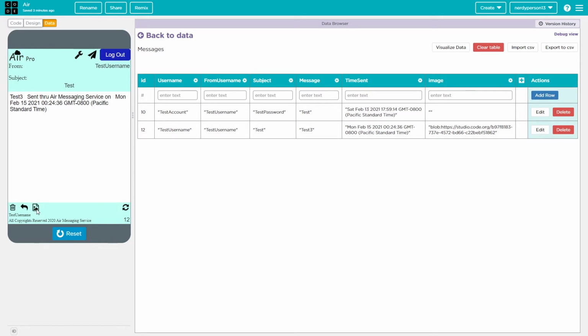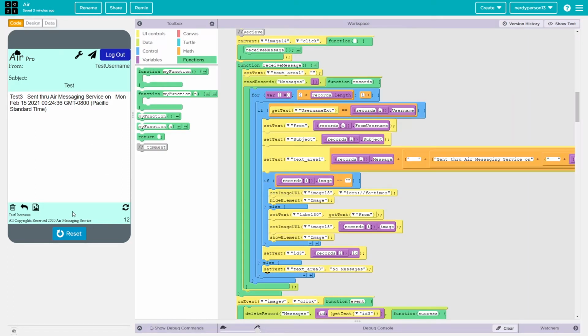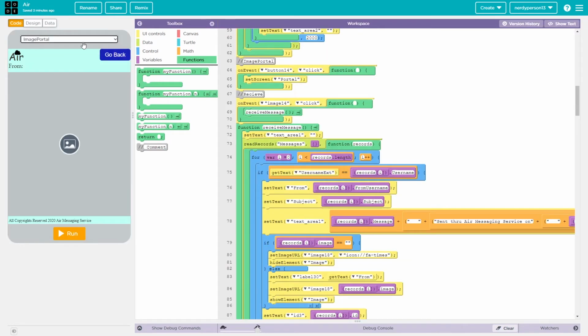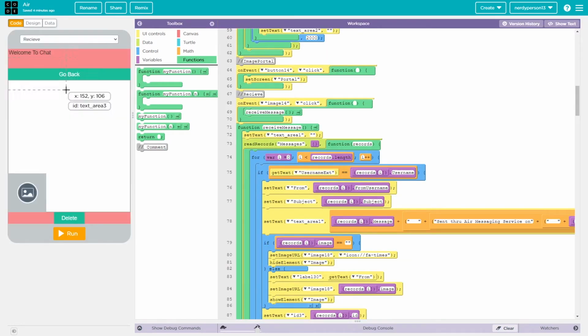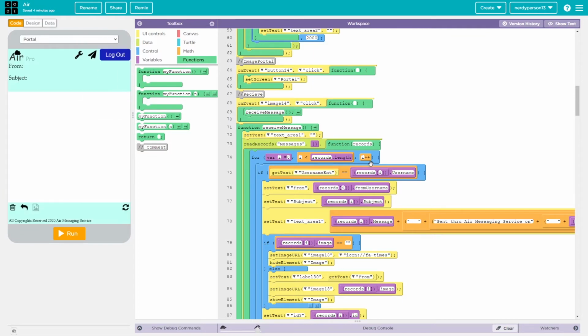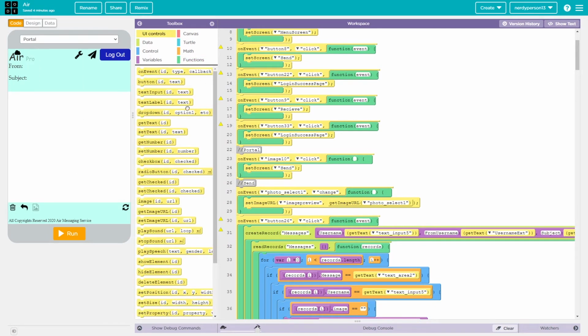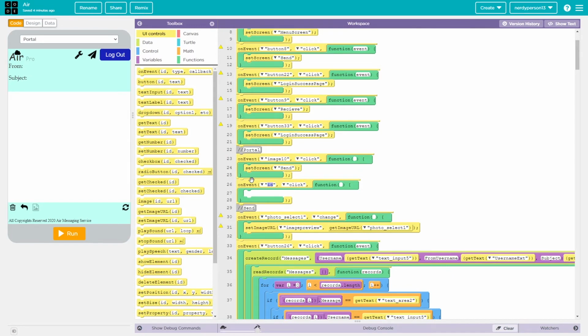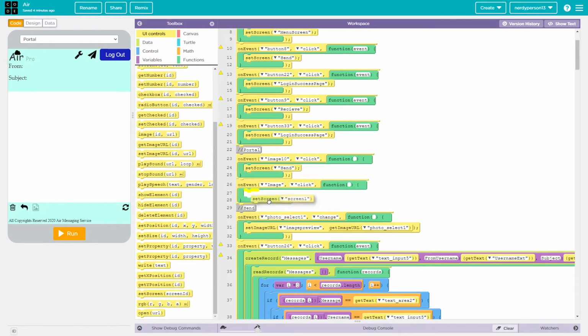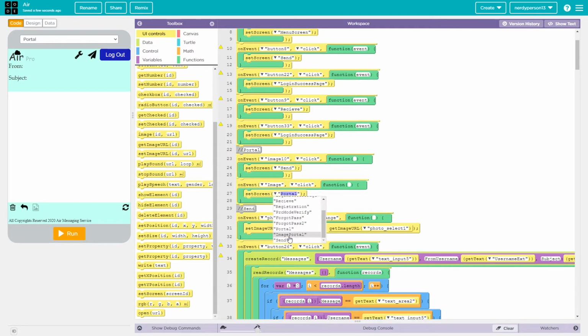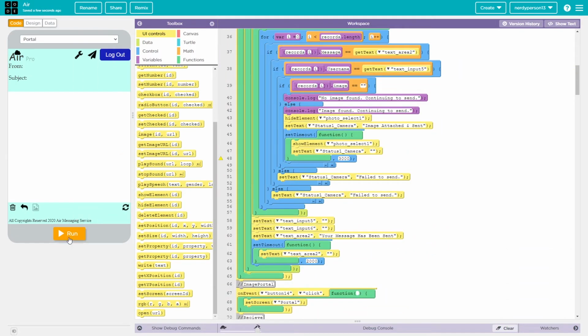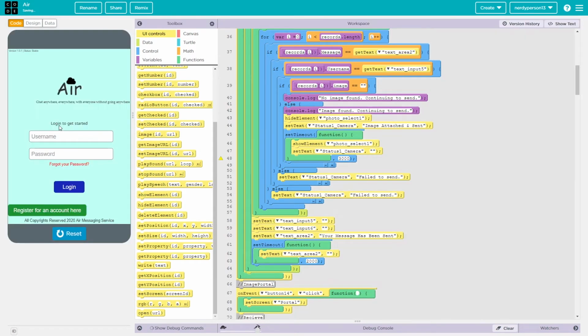And you can see here that it actually pops up an image. So if I click that, I just noticed that it doesn't do anything. You can see here that button 14 just goes straight to the image. But if we go to the portal screen right here, image, yes, we can see it actually doesn't have anything on it. So I'm just going to go to image, and we'll set the screen to the image portal. So if we try running it one more time,